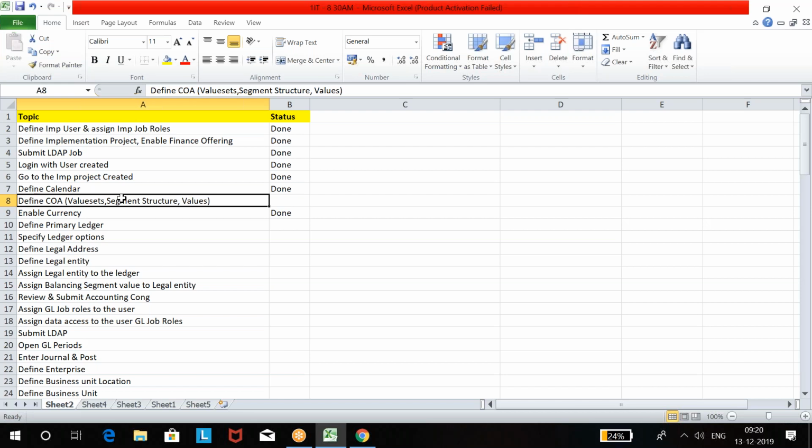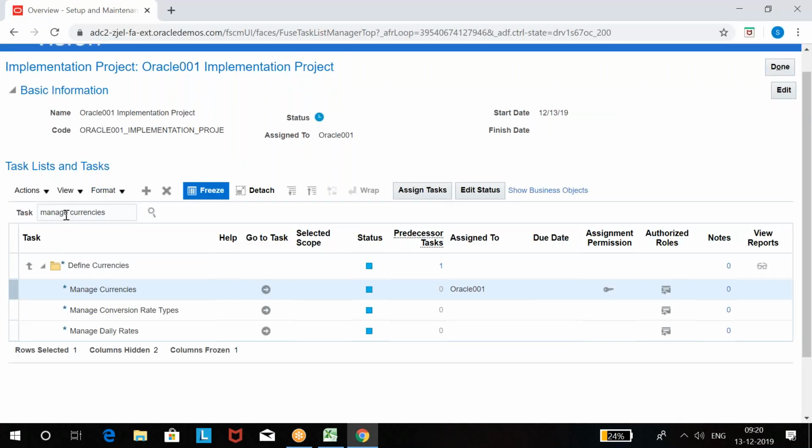Yeah, you have it. You can click on any one, but my advice is, even if you click on the first one, you will come to the same. Any path you click, you will come to the same. I said go for the second one, because we always go for define common application setups for finance. In finance related setup we are doing, that's why I said go for this. But you can click on any one of the paths, any one of the tasks. No problem, whichever task you click on.